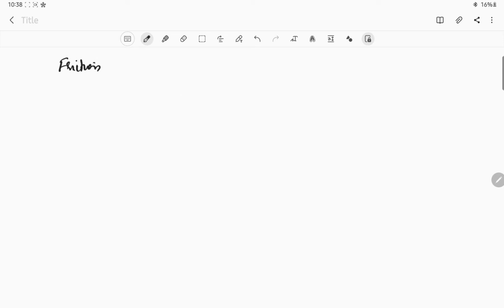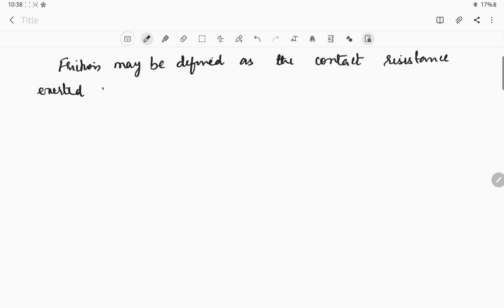Friction, try to maintain these notes. Friction may be defined as the contact resistance exerted by one body upon second